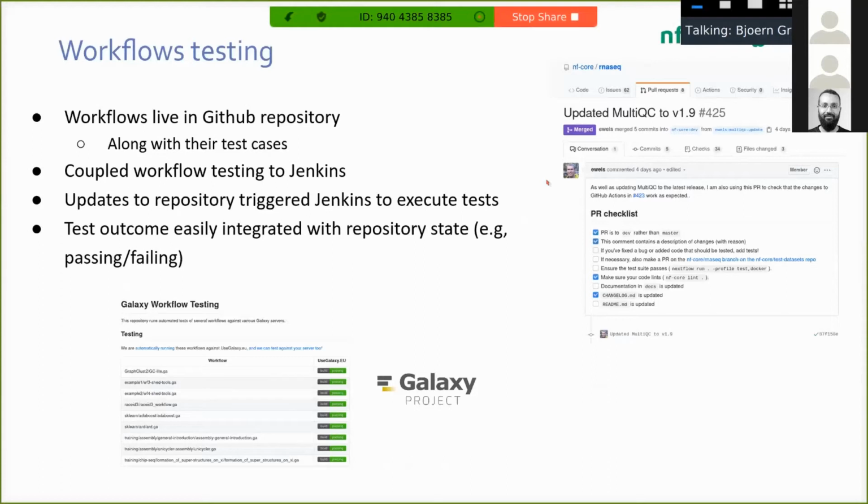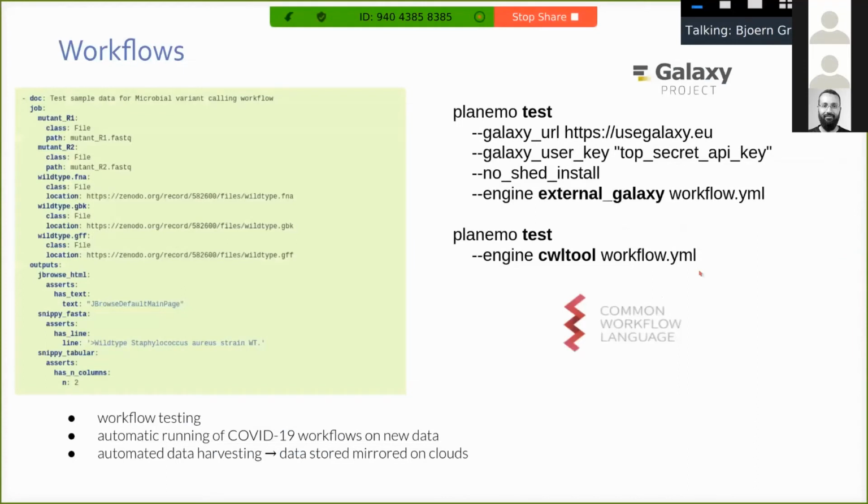So you see here that we did that for Galaxy, and there's the nf-core community that does that as well. Just ensuring that if you use a workflow that we developed, it is actually working and keeps working. This is how it looks. You can define such a workflow test in a simple YAML file. And in the case of Galaxy, for example, you can use a command line tool to execute these workflows against a given Galaxy instance, and test that the expected output actually fits the output that you are now getting.